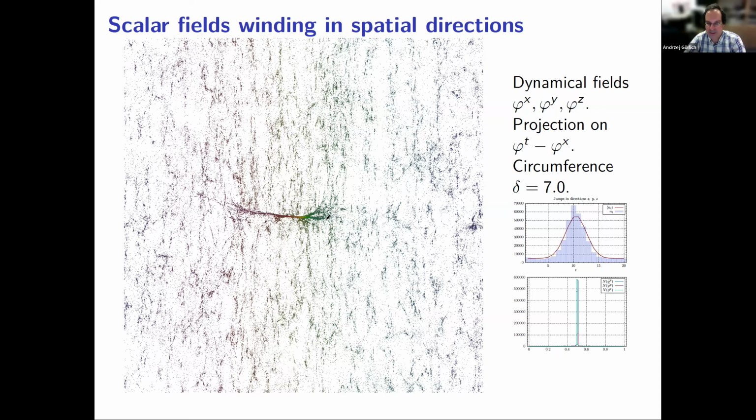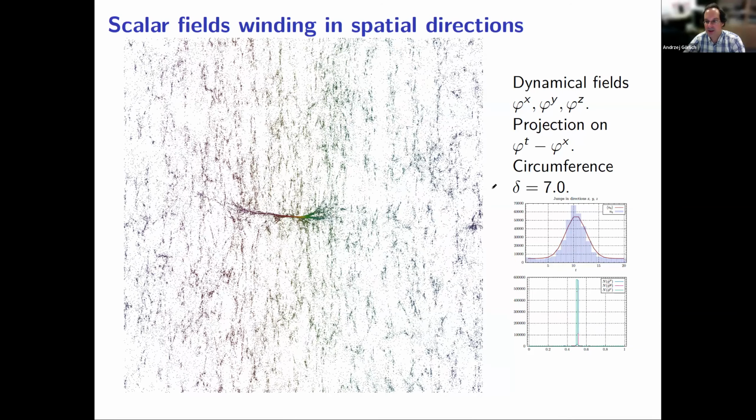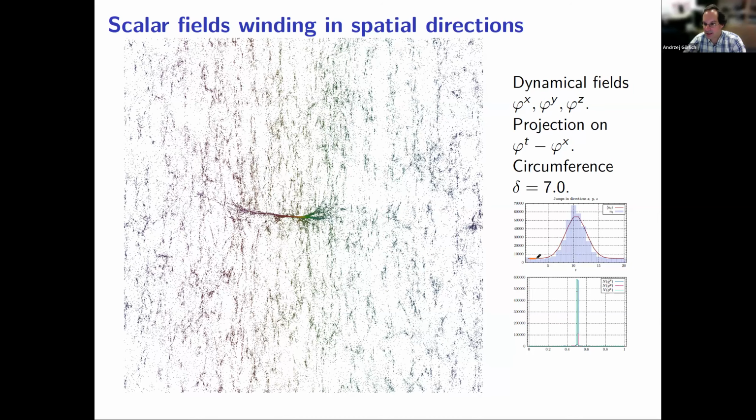The scalar fields become localized also in the time direction, even though there is no dynamical scalar field that winds in the time direction. And then it basically collapses to one point. But if you look at the volume profile for those large but not too large values of delta, for example, delta was 7, this is cosine cubed, exactly like for a sphere. And if I have time, I will try to explain why this happens.